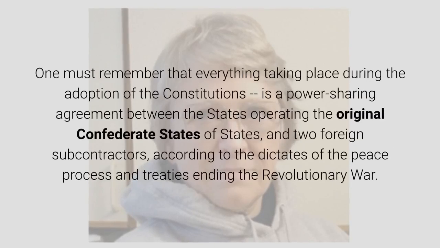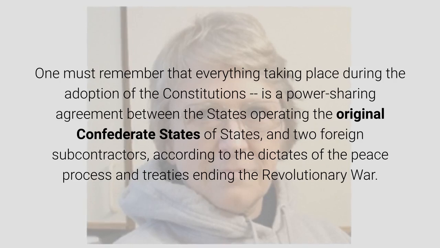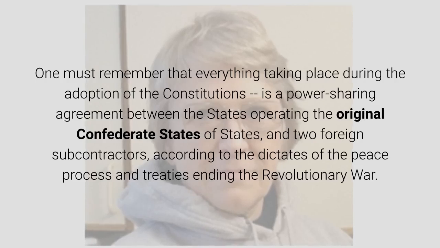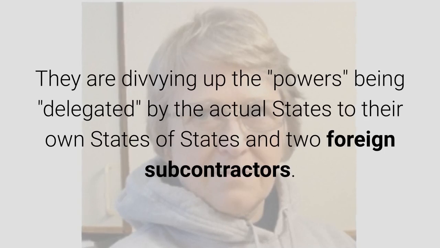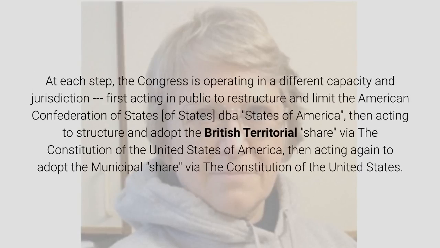One must remember that everything taking place during the adoption of the constitutions is a power-sharing agreement between the states operating the original Confederate States of States, and two foreign subcontractors, according to the dictates of the peace process and treaties ending the Revolutionary War. They are divvying up the powers being delegated by the actual states to their own states of states and two foreign subcontractors. At each step, the Congress is operating in a different capacity and jurisdiction, first acting in public to